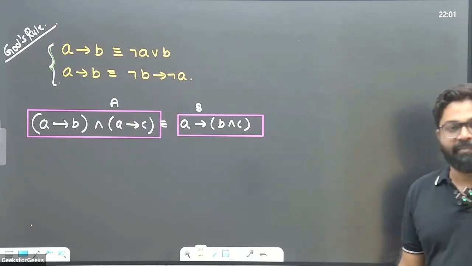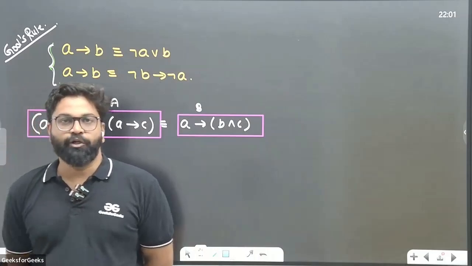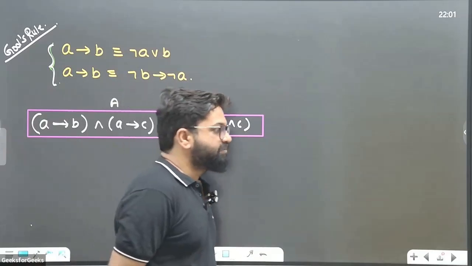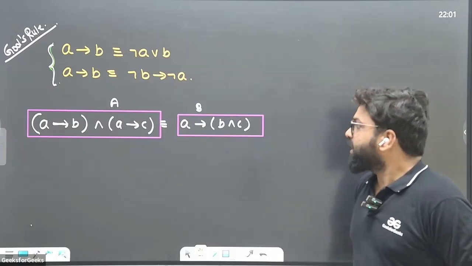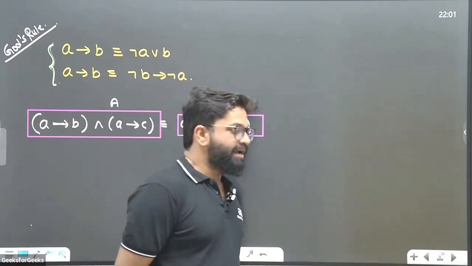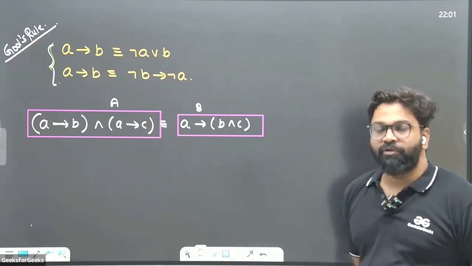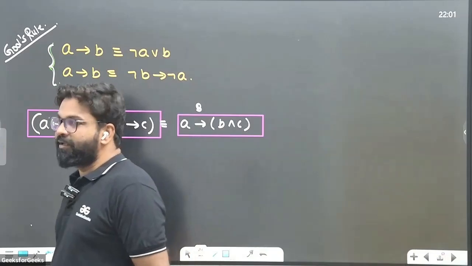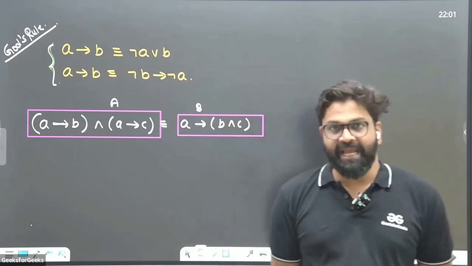This was the thing I was talking about. Initially, I told you that on the left side you will have one expression and on the right side you will have one expression. Two different types of expression here. Left side you will have expression A, right side you will have expression B. So we have to check here, this is the logical equivalence type. We have to check whether this A and B